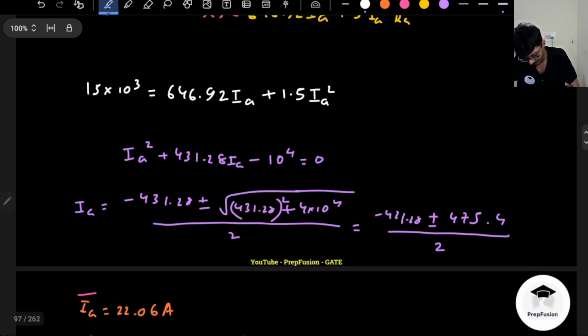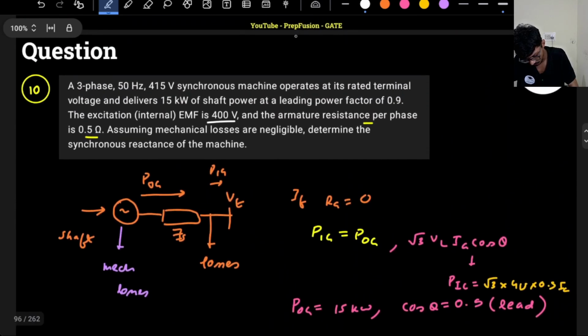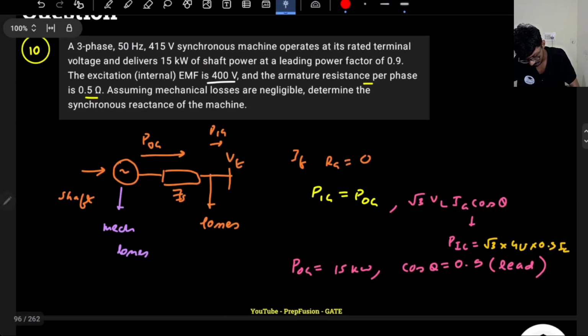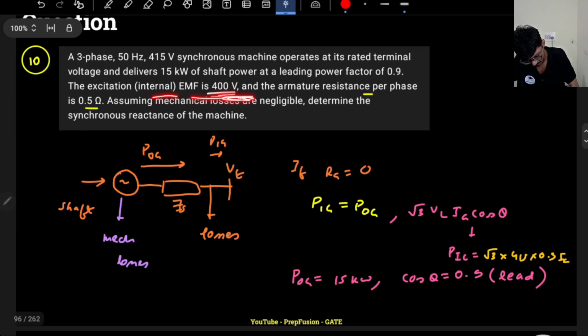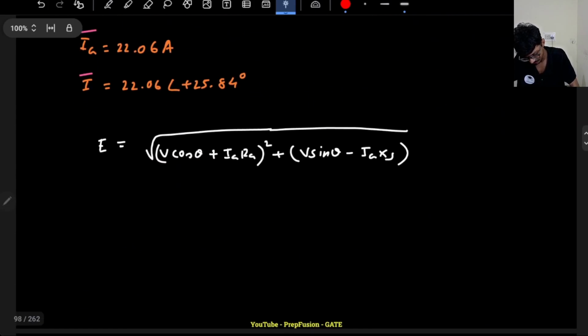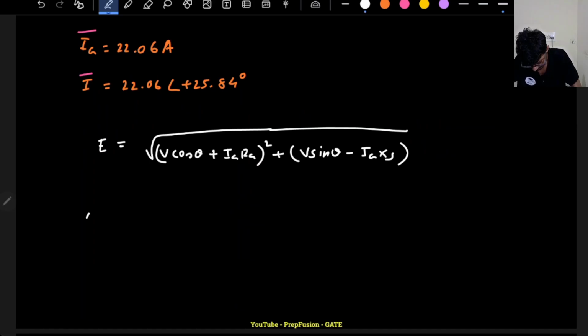So I know what is the magnitude of E. Already is given to me. Magnitude of E is 400 volts, right? Remember, this is line voltage. This is line voltage, right? So I have to write it in phase. I will square both sides. This will be 400 divided by root 3 whole square equals to V